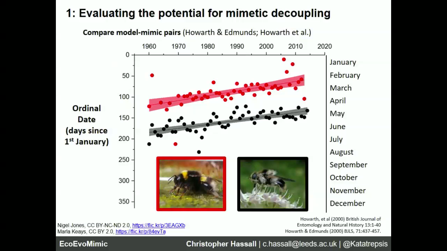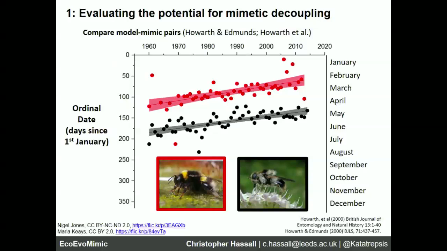Here's one example out of hundreds that I could pick out. In red, we've got Bombus terrestris, the very common bumblebee, buff-tailed bumblebee. And in black, on the right there, that's Cheilosia illustrata, the mimetic hoverfly. What you see here is what the textbooks would tell you about how Batesian mimicry works.